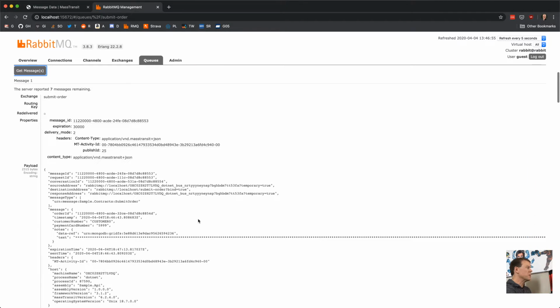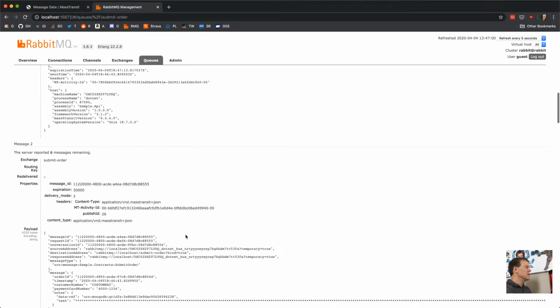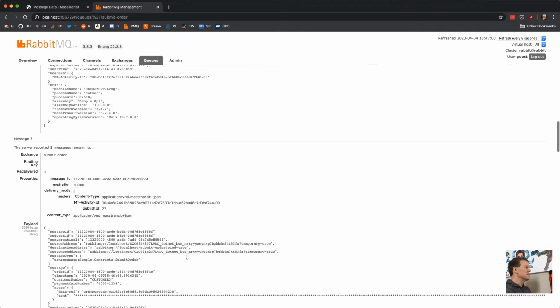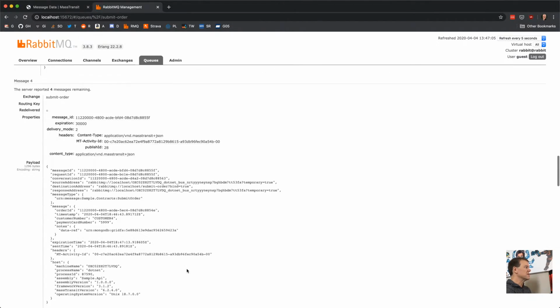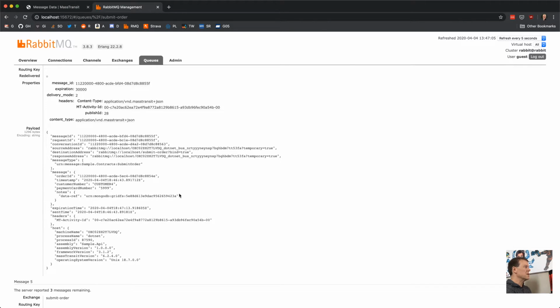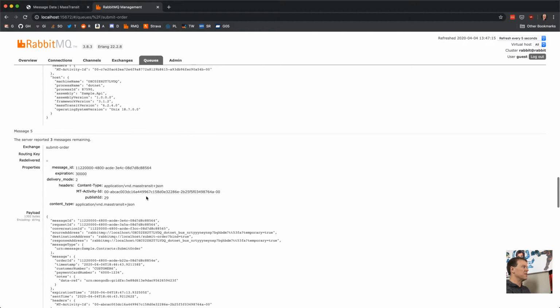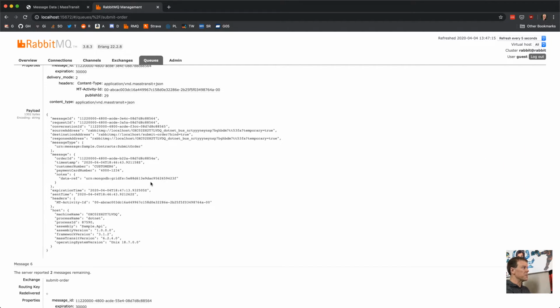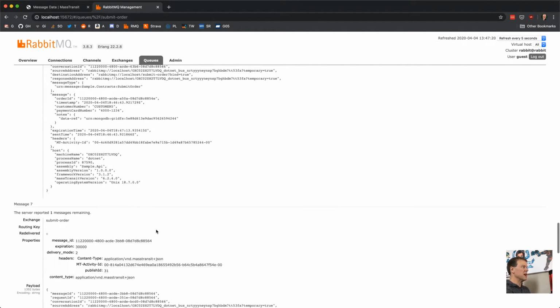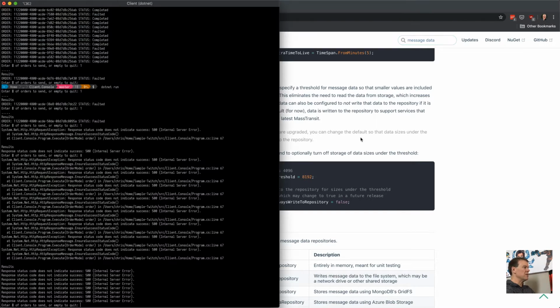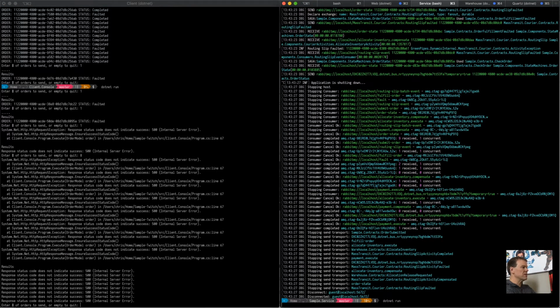And you can see the first one has the text. The second one has the text. The third one has the text. The fourth one does not have the text because it exceeds the threshold. So the threshold was exceeded, so it doesn't include the inline text. It's still written out to the file system, or in this case MongoDB, but it is no longer inlined in the message. But if I go up and start my service now, which I've timed out so it won't matter, but if I go and start up my service,